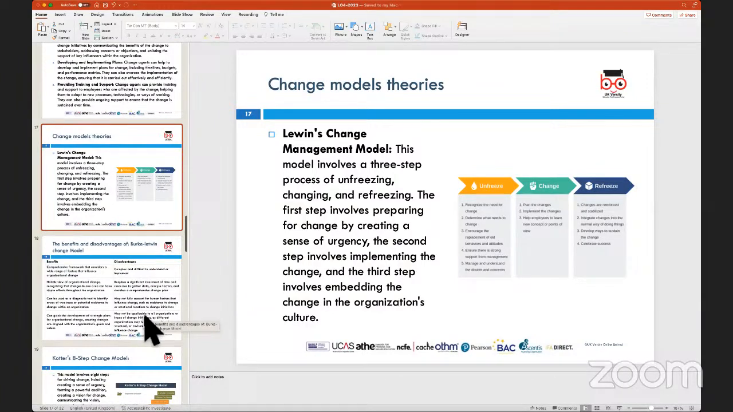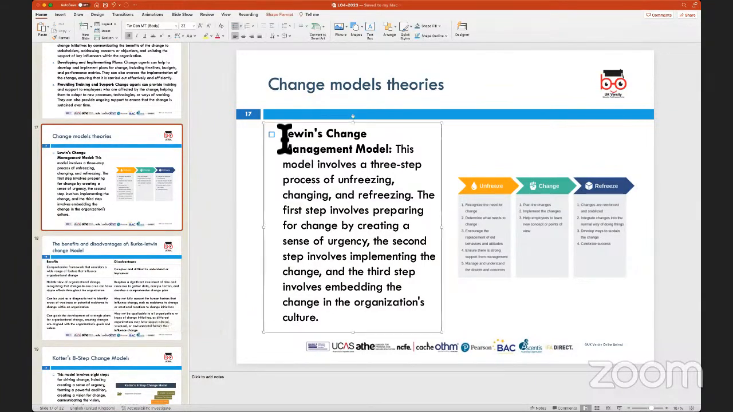Now, one of the key things that we want to quickly look at in the second part of this session is change models. So when we look at Kurt Lewin's change model, we have this three-step model of unfreeze, change, and refreeze. And this particular model is quite popular when change is being introduced. What you recognize is that there is a need for change, and this need for change can then be looked at in terms of managing attitudes and behaviors and ensuring that there is strong support from the management